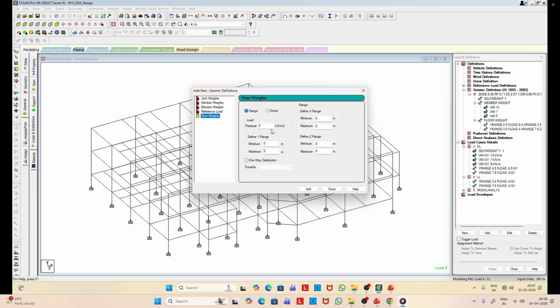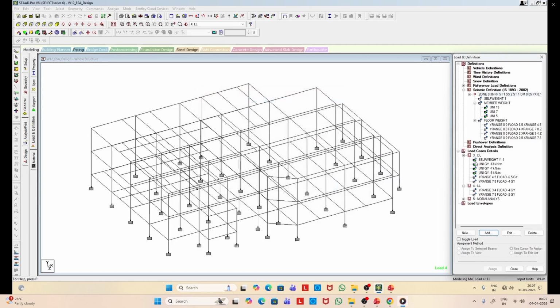So floor loads, half of the live load we apply along with floor mass when we do the seismic analysis. Okay.